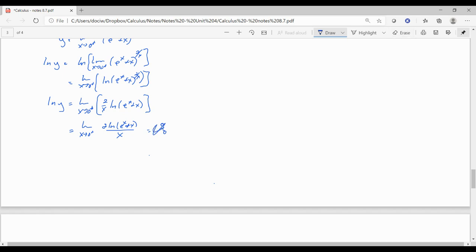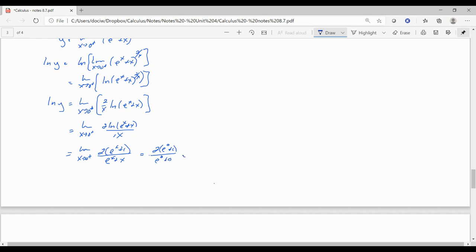Since we have a limit that's approaching 0 over 0, we can invoke, you guessed it, L'Hopital's rule. So the limit as x approaches 0 from the right, the derivative of 2 times a function is 2 times the derivative of the natural log of e to the x plus x. And the derivative of the natural log of u is 1 over u du. And then the derivative of this x is just 1. That's fortunate. So now this is going to be 2 times e to the 0 plus 1 divided by e to the 0